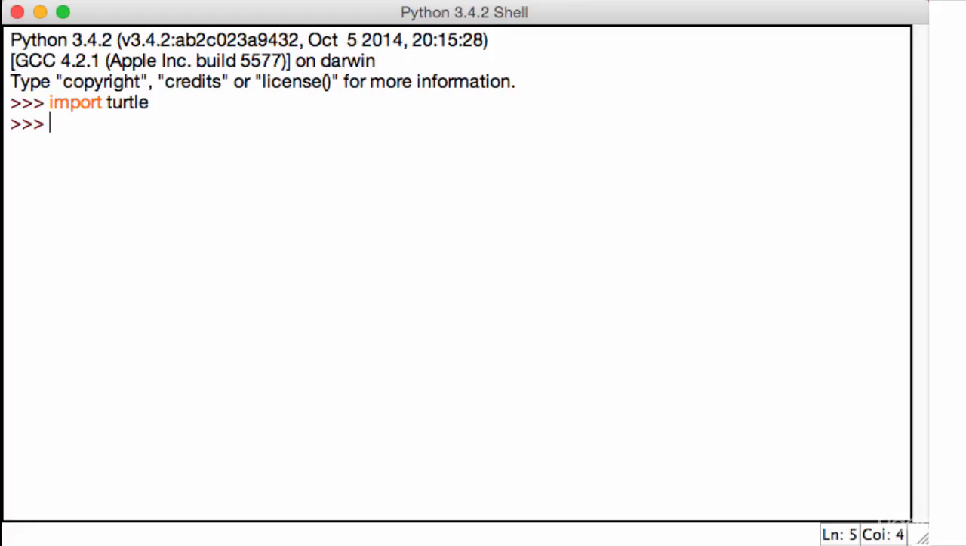Import turtle. Now, to draw simple shapes with the turtle module, you first have to initialize a pen, okay? So to initialize a pen, you use the command t is equal to turtle.Pen, okay? Note the capital P. And as soon as you do that, you now notice on your bottom right screen,